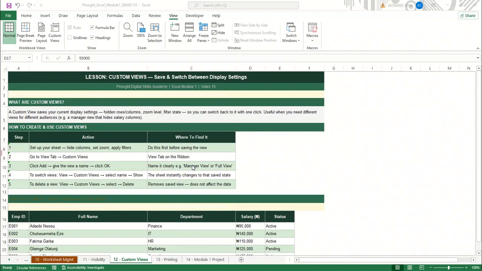Now we are moving to the next segment in this lesson, known as the custom view. What does custom view do? It saves and switches between display settings. Custom view saves your current display, in the sense that, remember in the last class, we learned about how